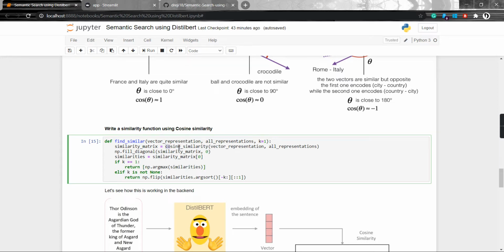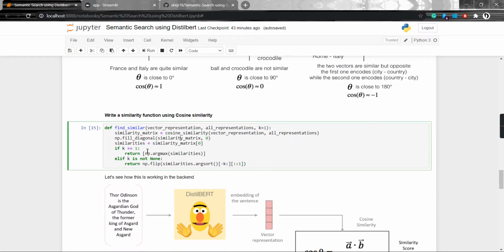We calculate the similarity between two vectors and store it as a variable. Then we initialize the similarity matrix with 0, the diagonal values basically. And then we just return the maximum similarity values, appending them each time.